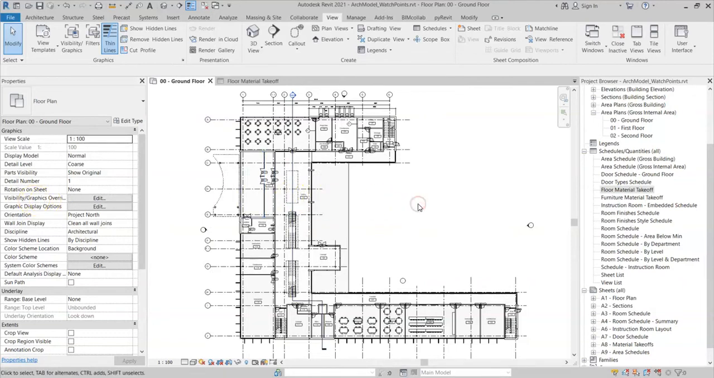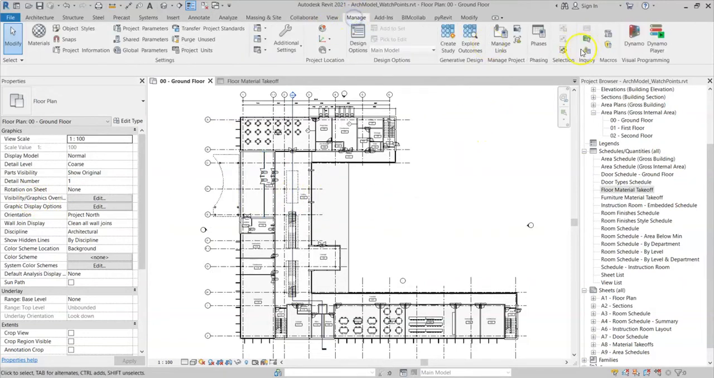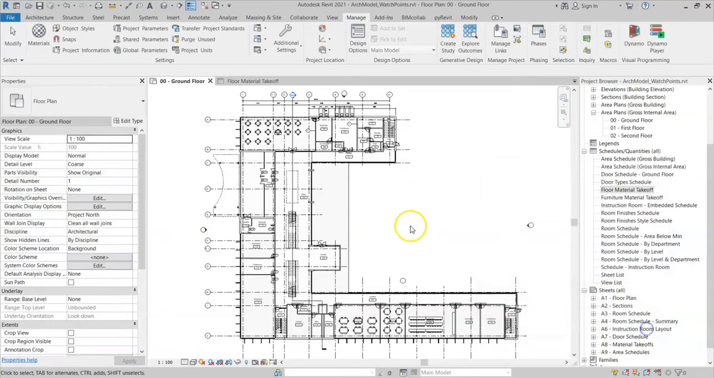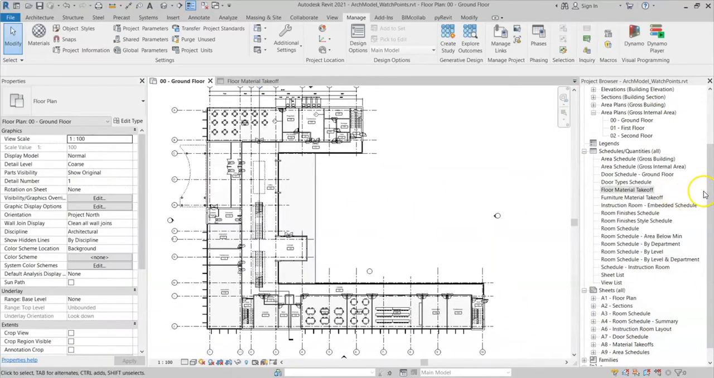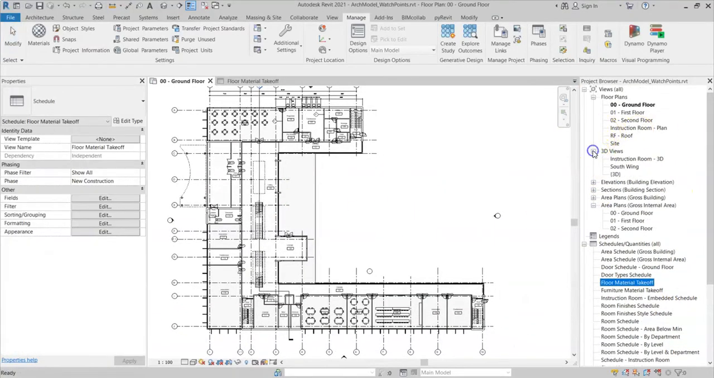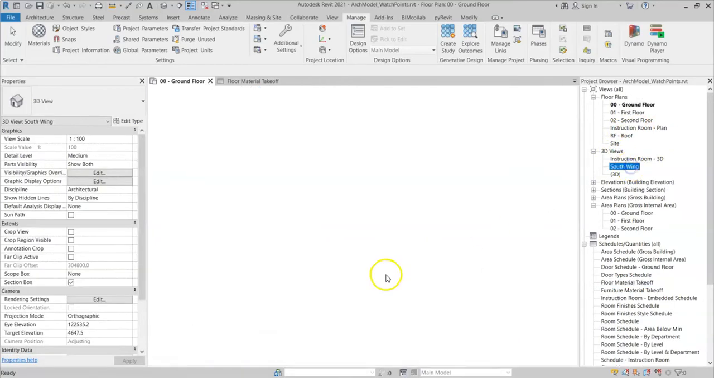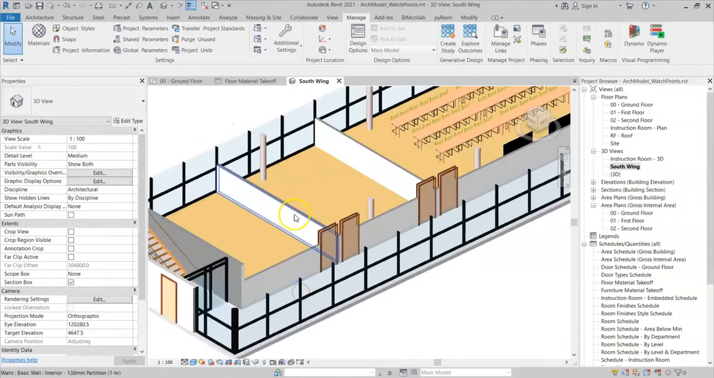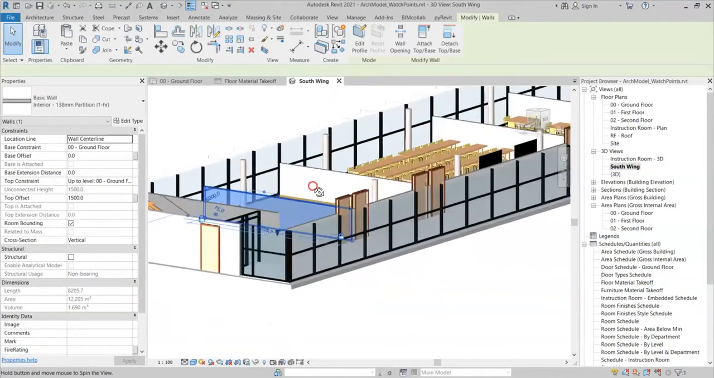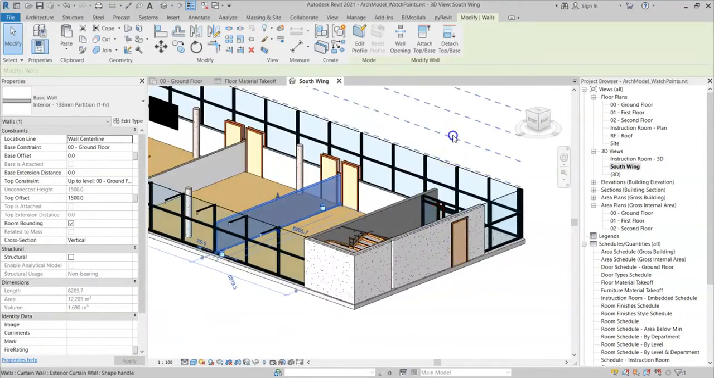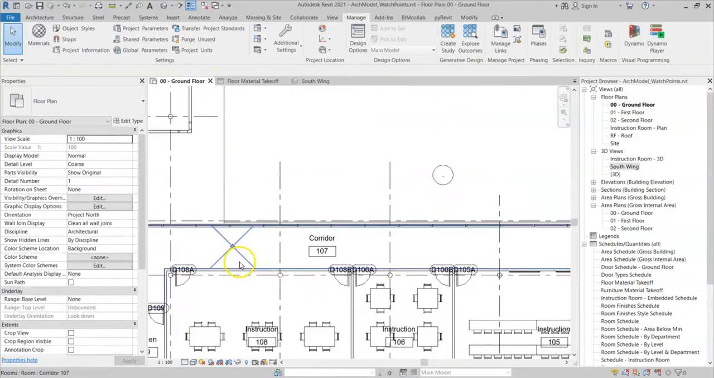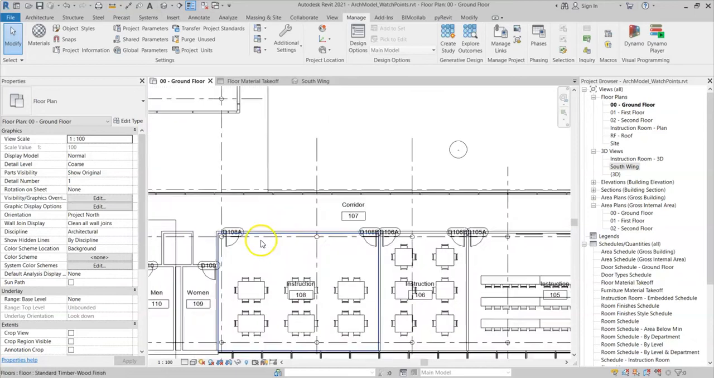Additionally, it's not just the warnings that you need to check. For example, now if I go to my warnings, I only have a warning to do with stairs, which I'm not too fussed about. However, if I go to, say, a 3D view of the south wing, you'll see how it looks like these walls are actually modeled too low. In plan, if I were to go back to my floor plan, everything looks normal, and this is sort of